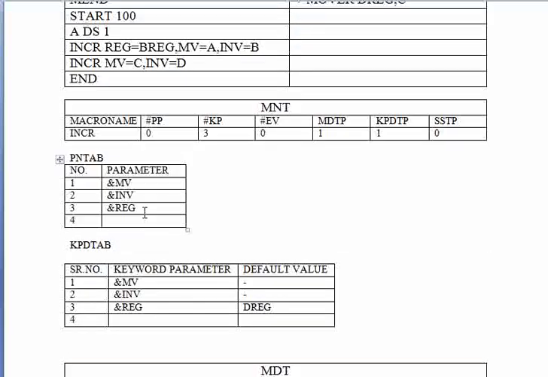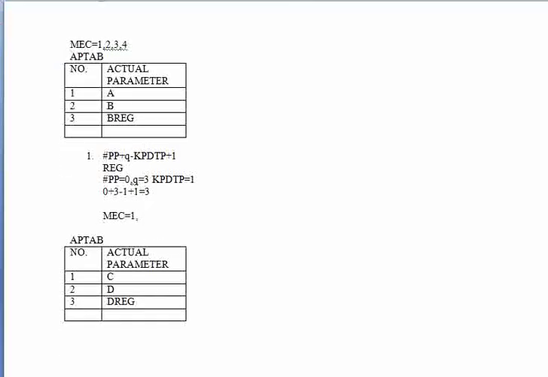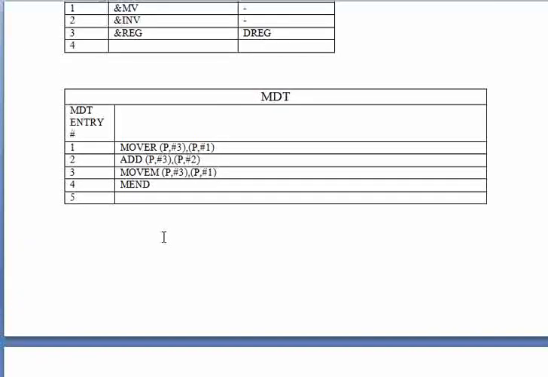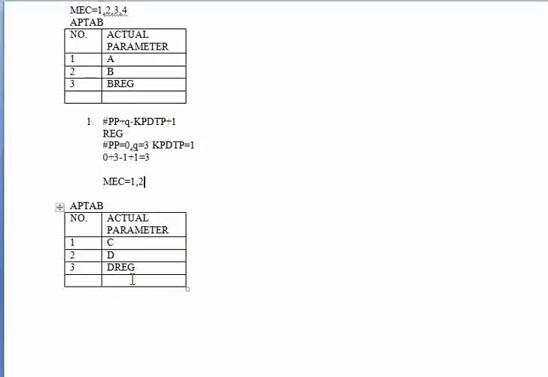Okay, next we increment MEC value by 1. So MEC value becomes 2. So it is incremented sequentially. So far we have seen only sequential incrementation. So it is ADD P comma #3 and P comma #2. So P comma #3 is D register, and P comma #2 is D. Please look at your current AP tab.